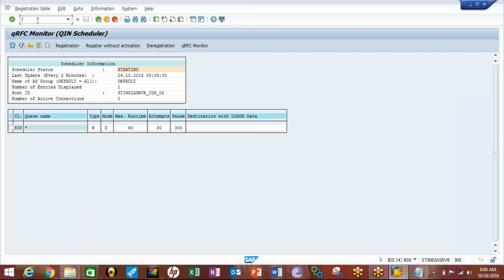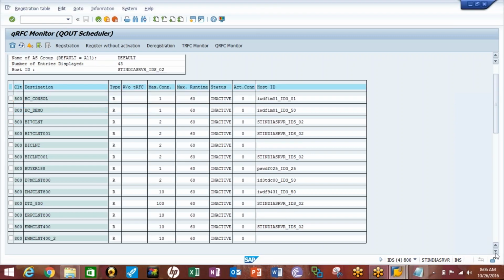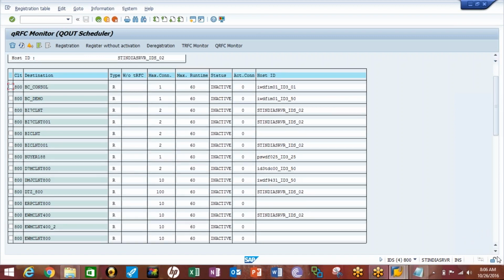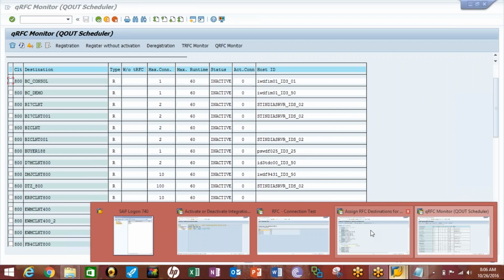Can you go into SMQS transaction? Okay. Can you scroll down, please? Yeah, this is the destination. Okay. Now can you try the QR setting? Can you just try activating your integration?